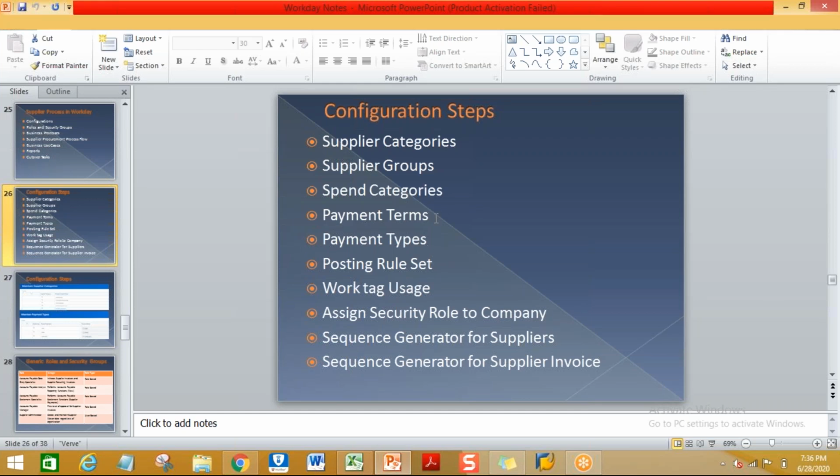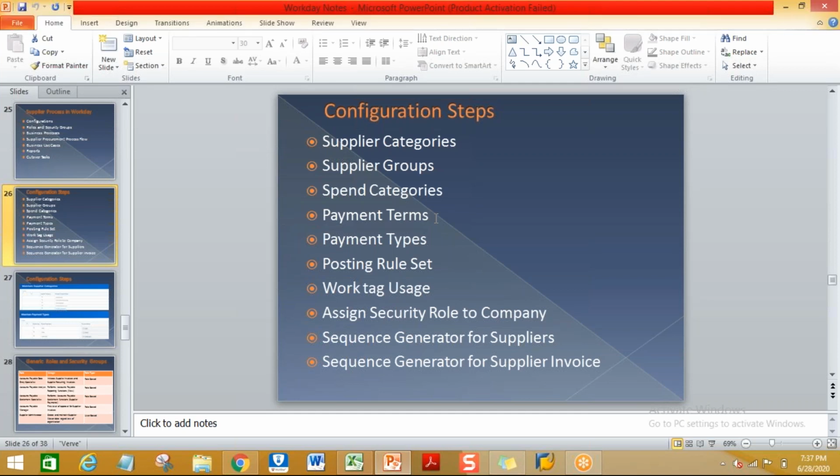The next one is payment terms. What do you mean by the payment term? Anyone has any idea? It is about whether it is advance payment, or a credit period of 30 days or 60 days, or through LC. Yes, the payment terms are nothing but the terms and conditions for the payment.